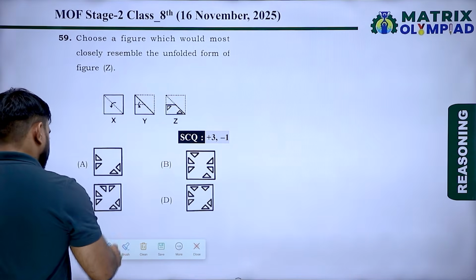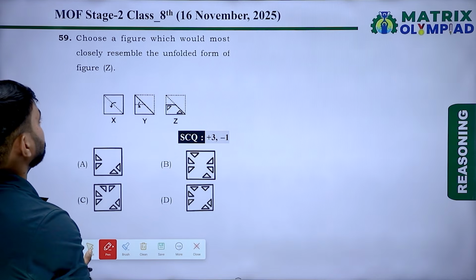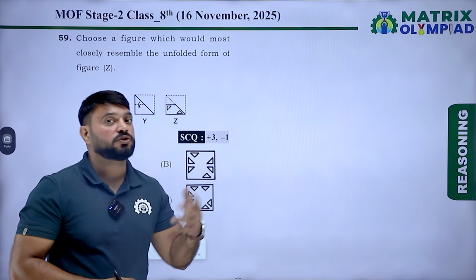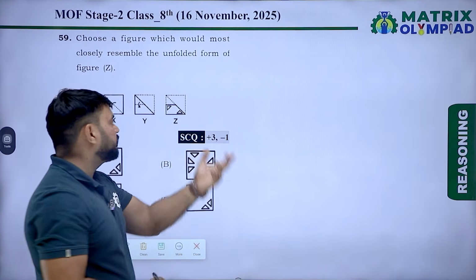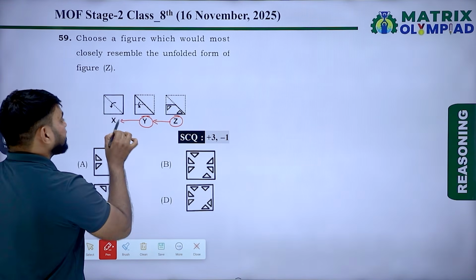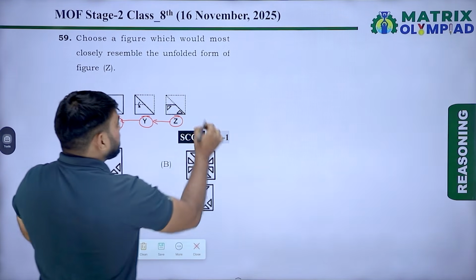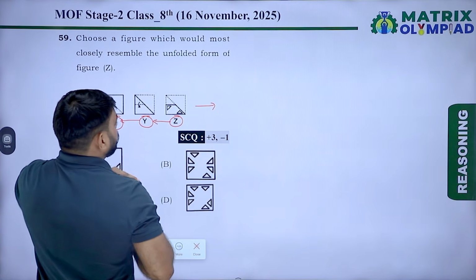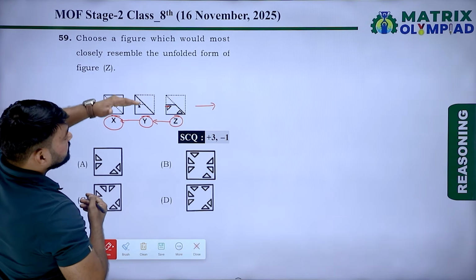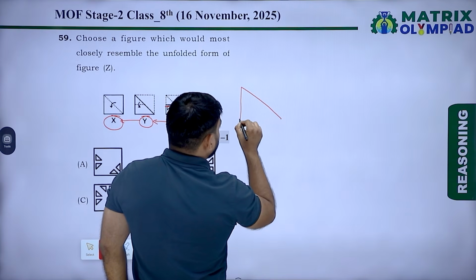So now question number 59. Choose a figure which would most closely resemble the unfolded form of figure Z. So unfold the figure in the same sequence as when it was folded and find the mirror image in each unfold. First unfold the Z, then we get Y. Now unfold the Y, then we get X, and find the image of X because X represents the unfolded paper. Z will be unfolded in this direction because Y has been folded in this direction. When we unfold the Z, then we get an image